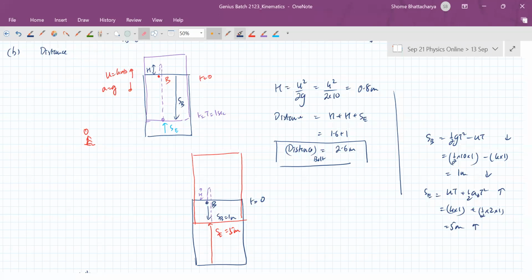Yes, done. Okay, so this is the distance traveled by the bolt, but specifically from t equal to 0